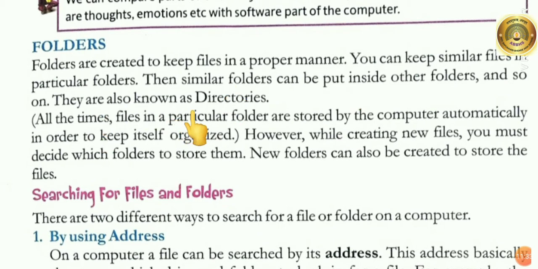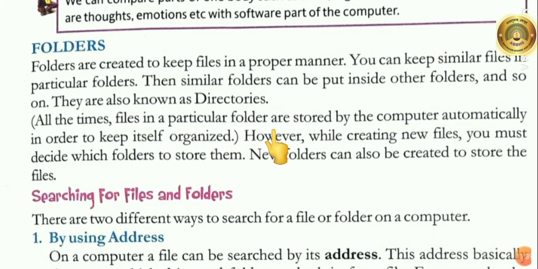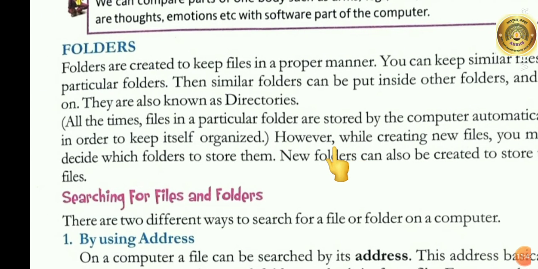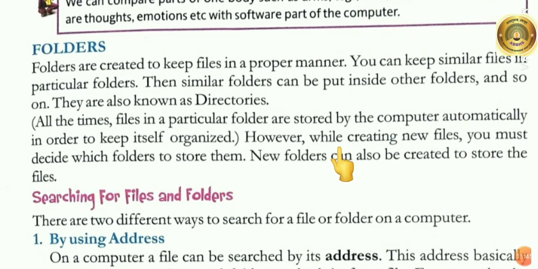They are also known as directories. All the time, files in a particular folder are stored by the computer automatically in order to keep itself organized. However, while creating new files, you must decide which folders to store them in. New folders can also be created to store the files.